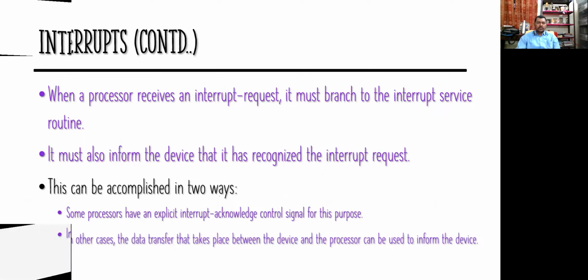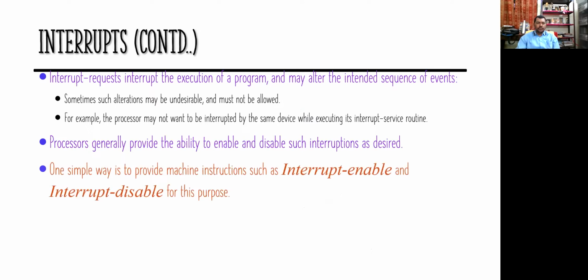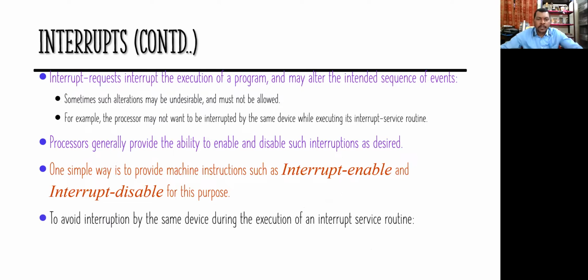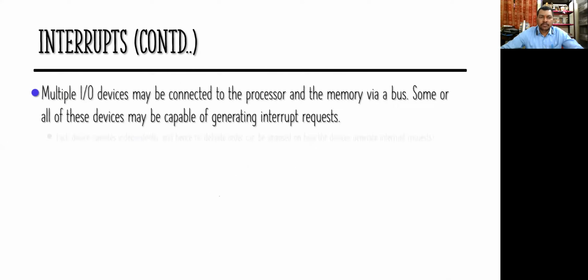So this is how the interrupt request in service can be used. There are two signals, interrupt enable and interrupt disable, which can be used for this purpose. Within the range that the program is performing the interrupt service routine, the interrupt disable and interrupt enable can be used in the interrupt subroutine itself, right? So these are some of the things which were essential for that.